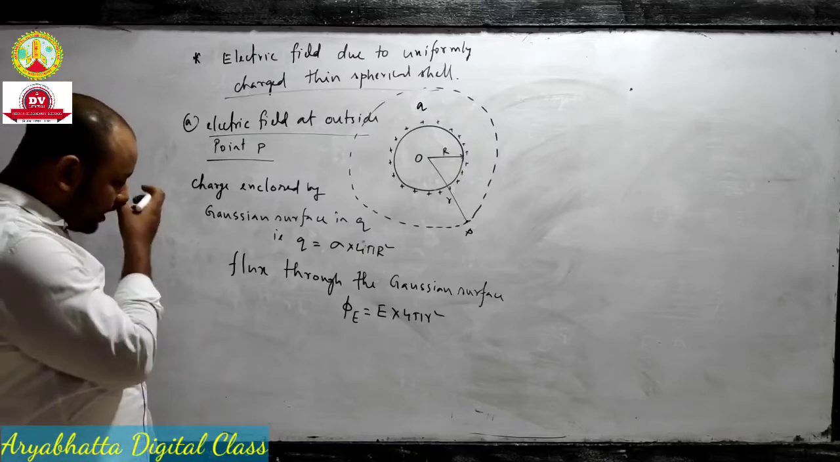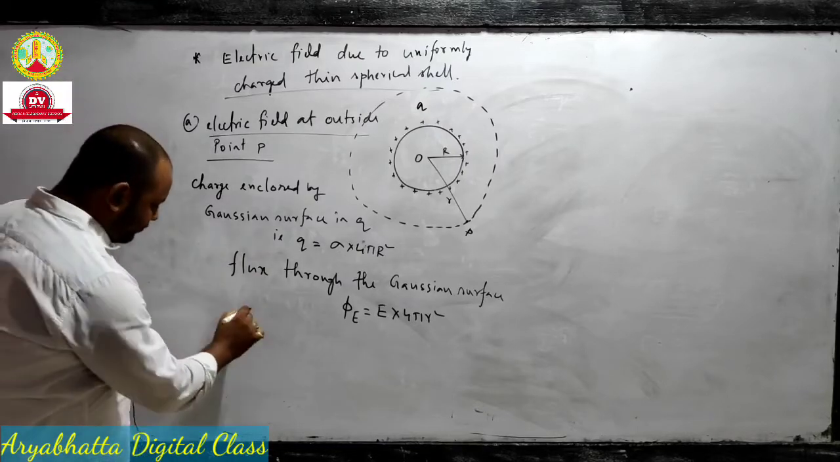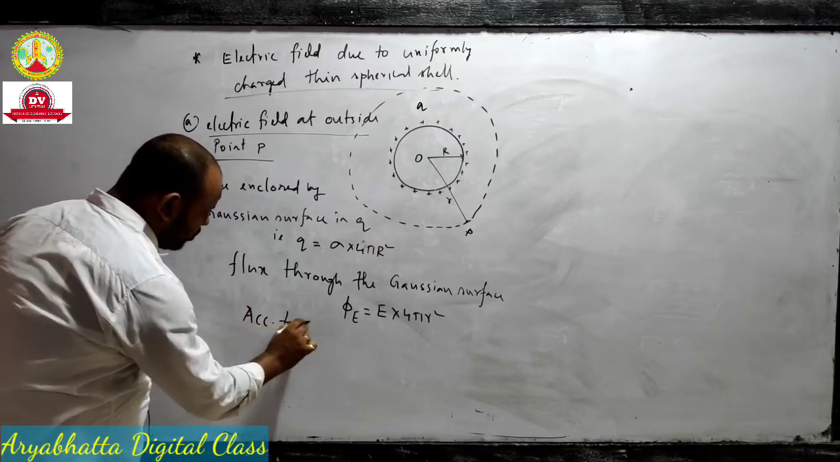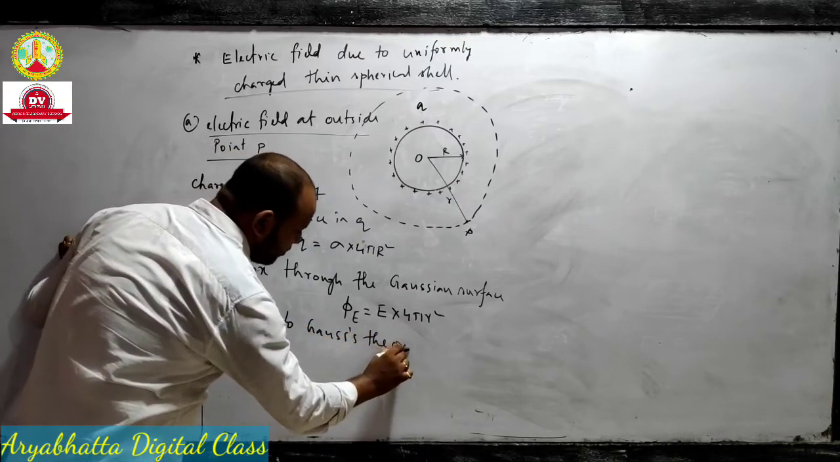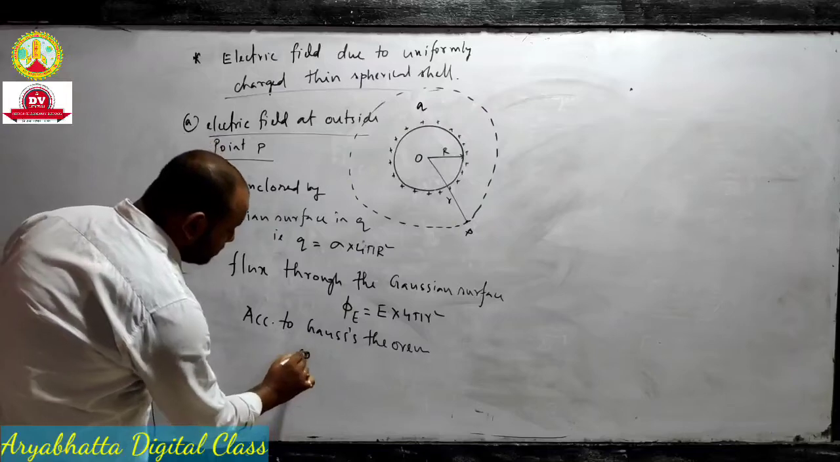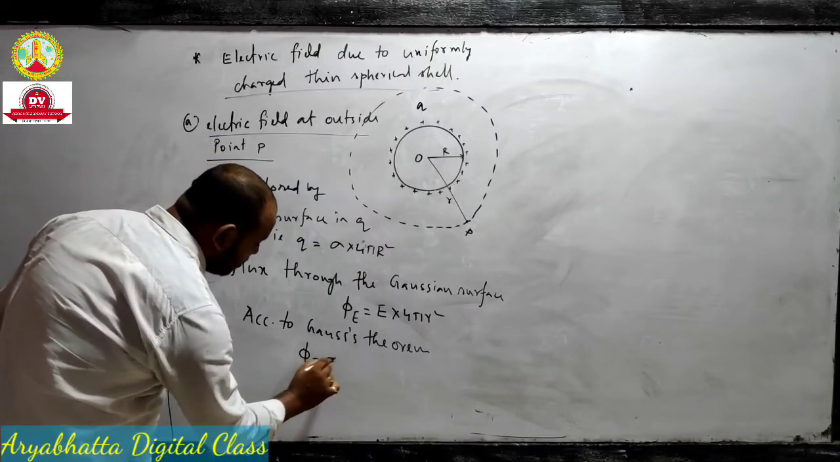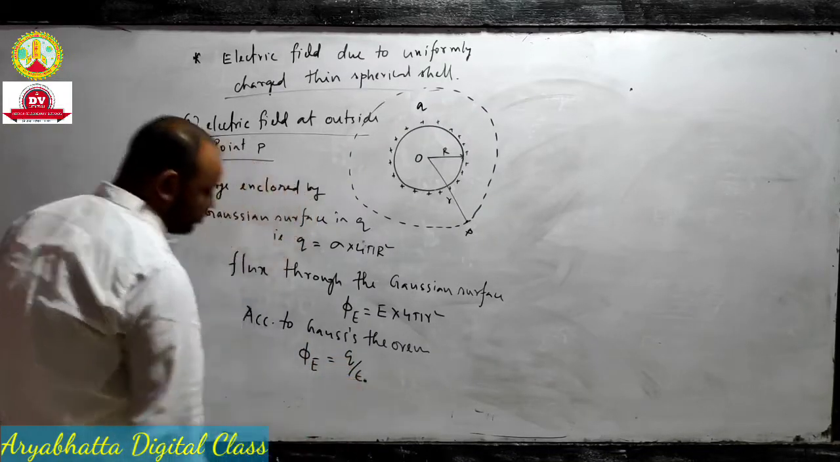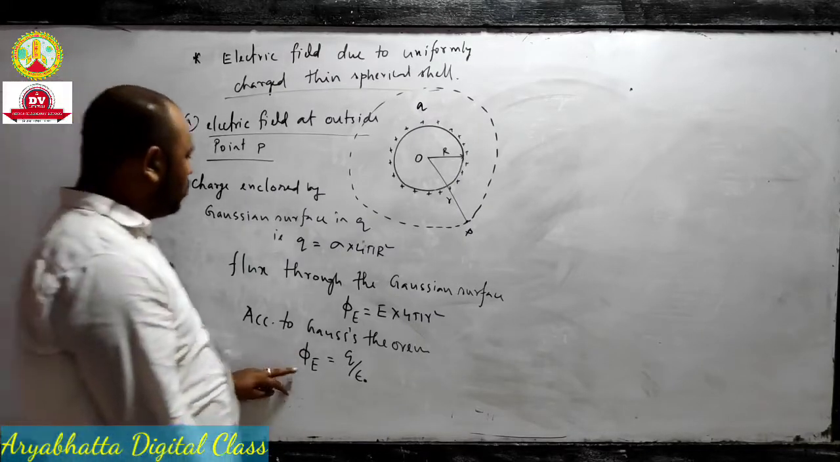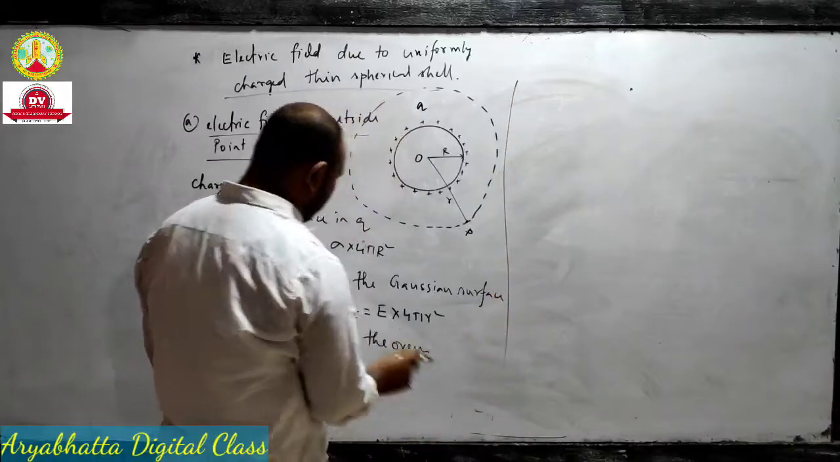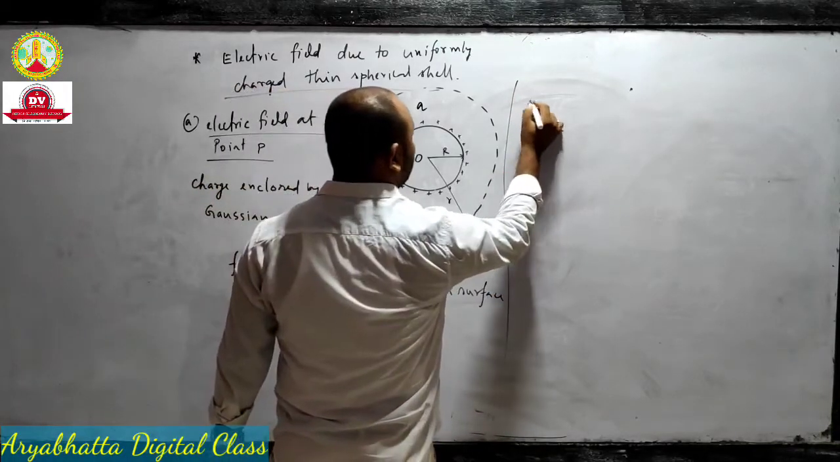Now according to Gauss's theorem, total flux phi is equal to what? Q by epsilon naught. Phi is equal to Q by epsilon naught. What is our total flux? Total flux phi is equal to E into